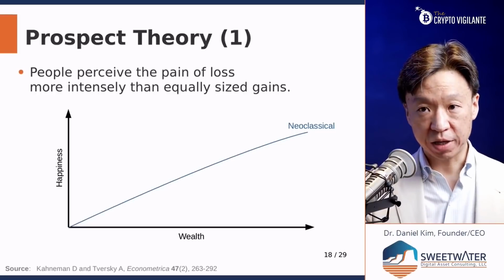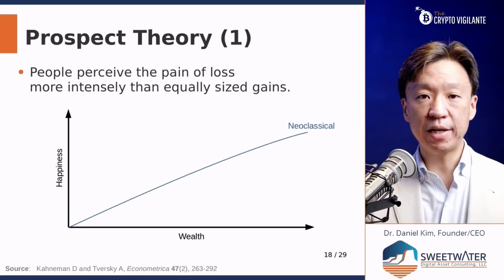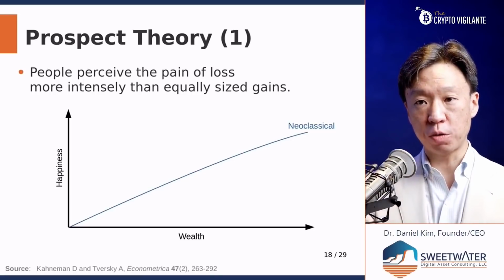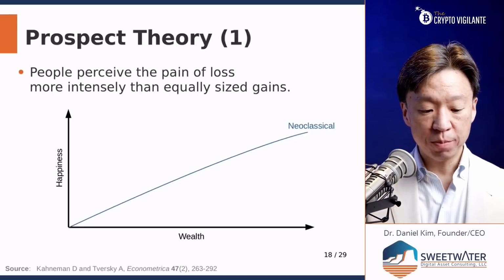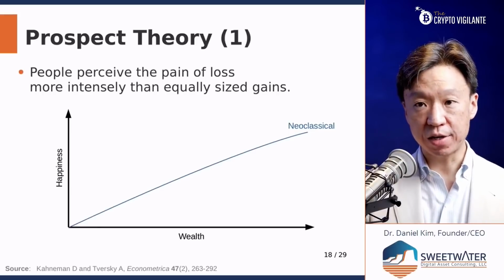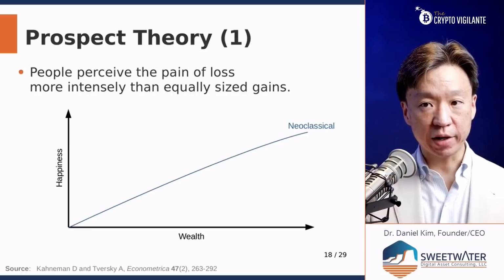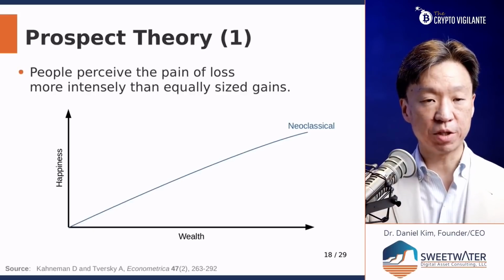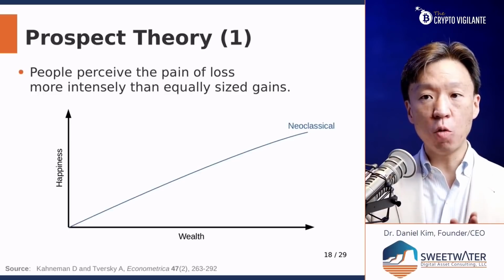This is called prospect theory, and the reason it's called prospect theory is that it talks about how people make decisions about their future prospects. They have two main observations. Number one, people perceive the pain of loss more intensely than equally sized gains. So going back to the econ, this Dr. Spock character who classical economics is based on, this classic character, like basically a robot,